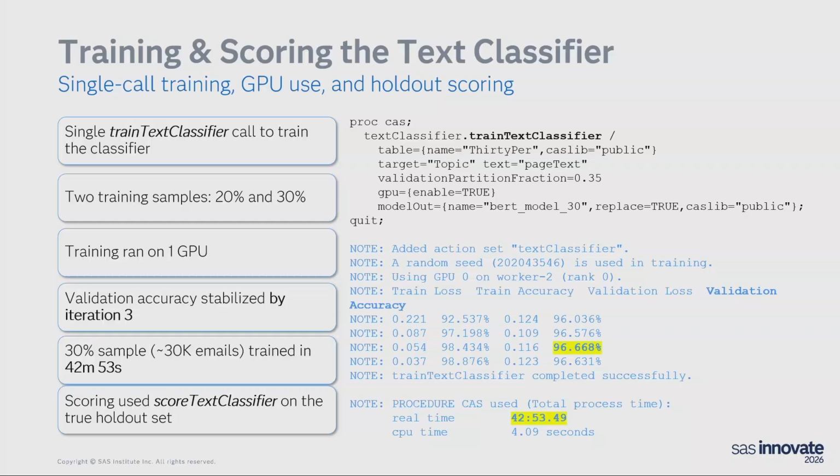One practical lesson to give away is, when I first submitted the code, I thought it would take much longer. So I stepped away for a quick walk, and halfway down the way, my admin called me. He said, hey, your job's finished. Come back. I'm going to take down the system in 15 minutes. Guess what? Did I make it back? Hell no. So what I had to do is retrain the next day. Make sure you have the code in place to save your model so you can do scoring with the score text classifier action on the holdout data.